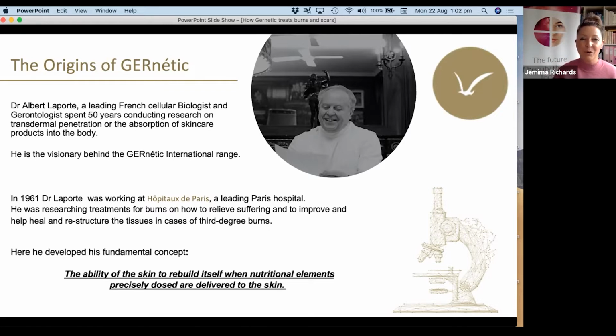So Mr. Laporte was working in a French hospital in the early 1960s, and he was asked to work with the burns patients within this French hospital purely because they knew of his background in the study of cells and understanding the biology of how our cells function. And as you know, with damaged cells, they need to be repaired, but that's very, very hard to do. That's why he was chosen, especially to work with them within the burns hospital, because of his understanding and background